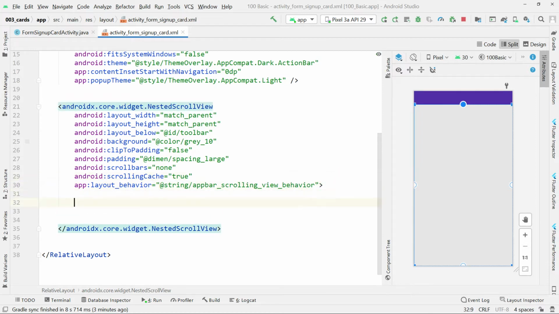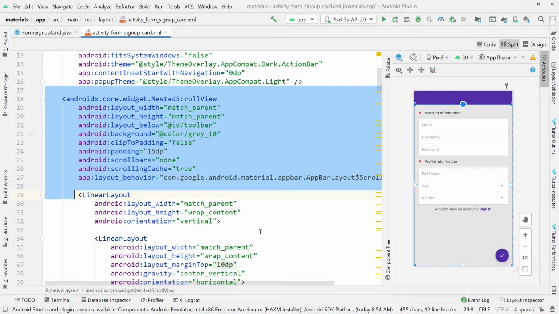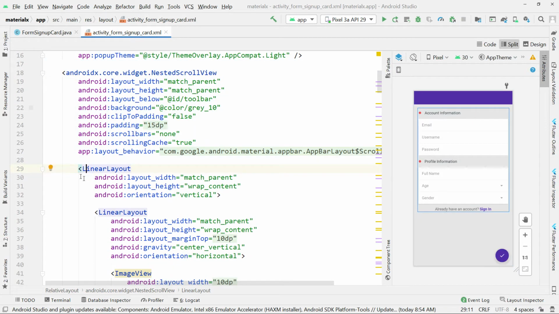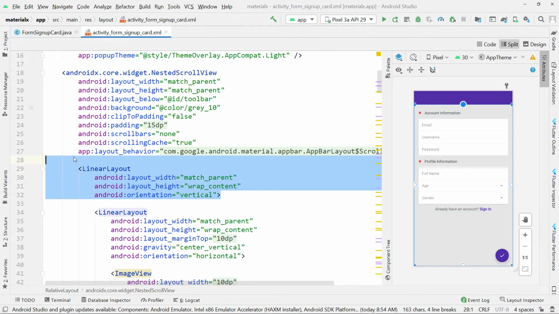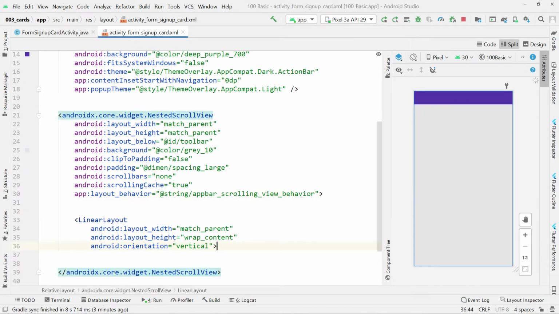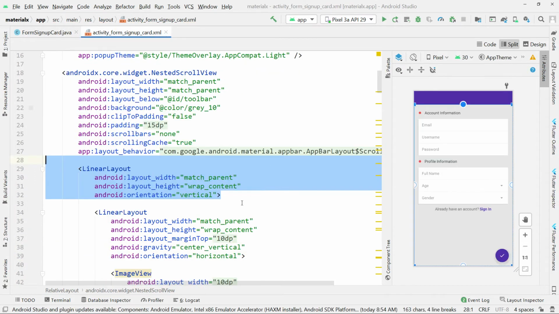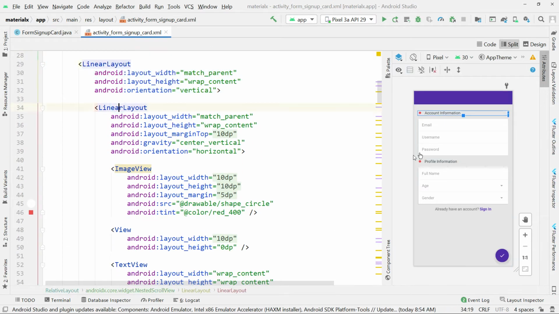After putting the scroll view, we'll go ahead and put now the linear layout. Okay, and this linear layout is going to have orientation of vertical. So I'll make sure that I close this linear layout. It is match parent height and match parent width, and then we'll add another linear layout that is going to have this dot,